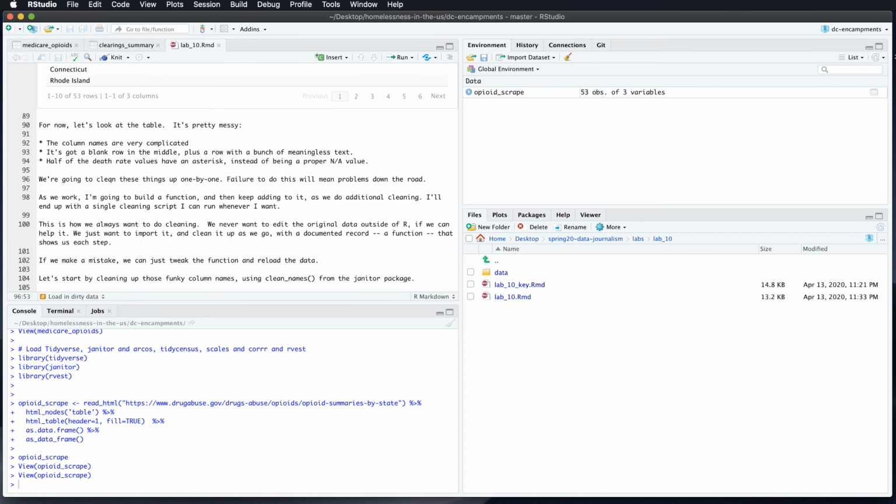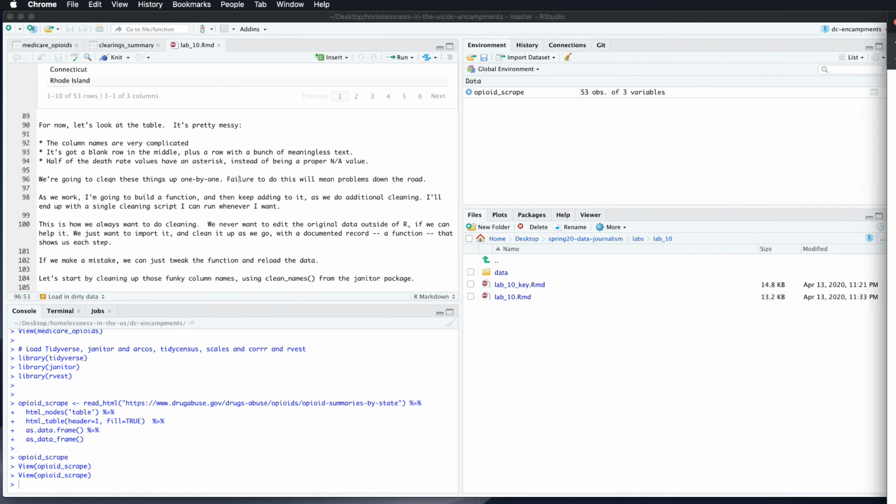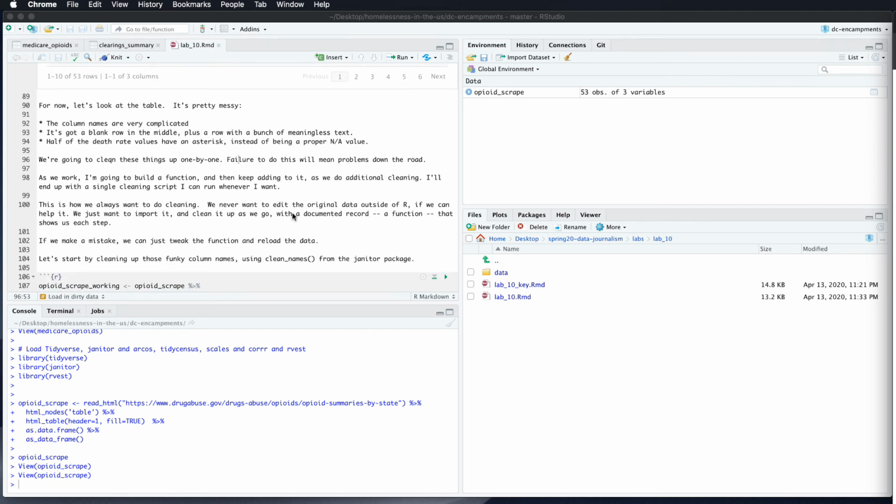Let's say we had this table as a spreadsheet. One way we could do this would be to open in Excel, strip out the columns, rename the columns. We generally don't want to do that, and the reason is that writing scripts in a Markdown document allows us to preserve a documentary record of what we've been doing, our cleaning function. So that if we make some mistake down the road, we can just load the data again, tweak our cleaning function, and then go from there. This is a much more transparent, reproducible process, less likely to lead to errors, less likely if you have to reproduce work to go back and